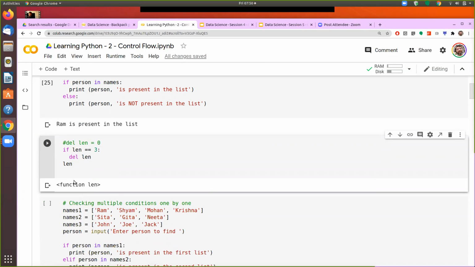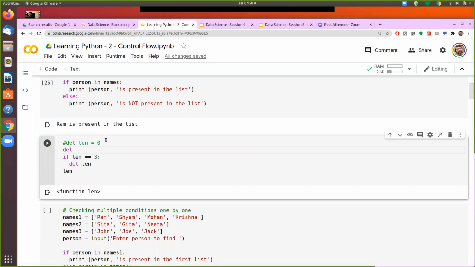So now it is showing me that this len is a function. Now if I say here, let's see what happens now.